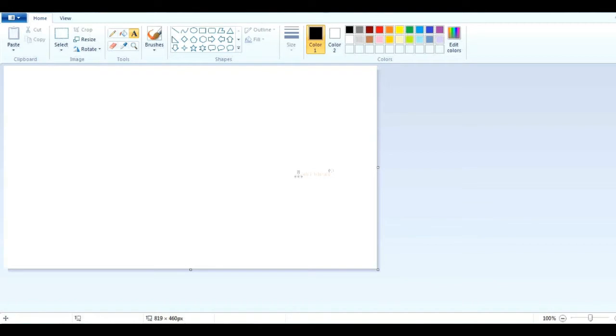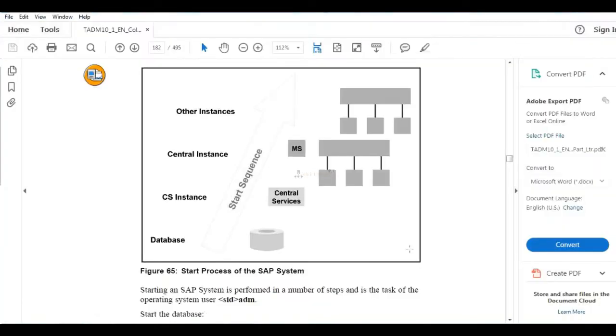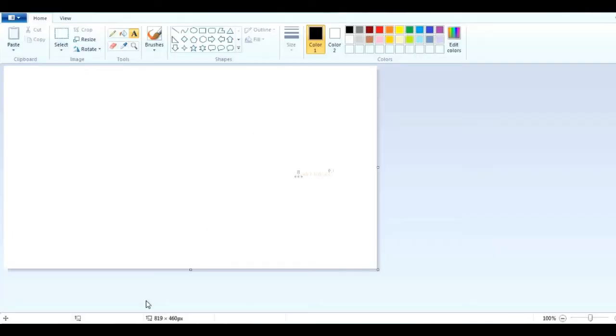Okay, and what is the procedure to start and stop my SAP system? This is a start sequence. If I want to start or stop my SAP system, to which user ID do I need to log in first at OS level?